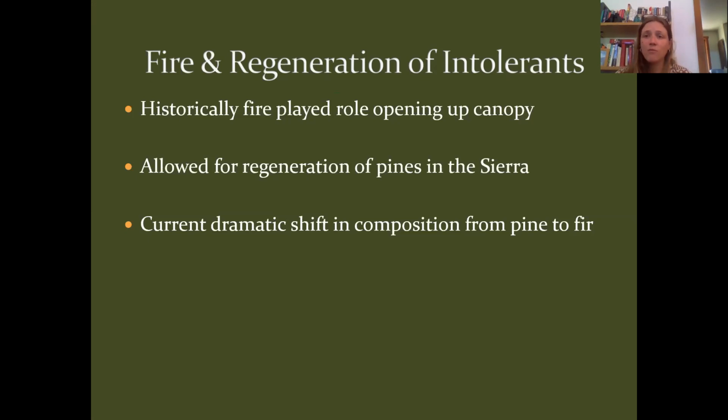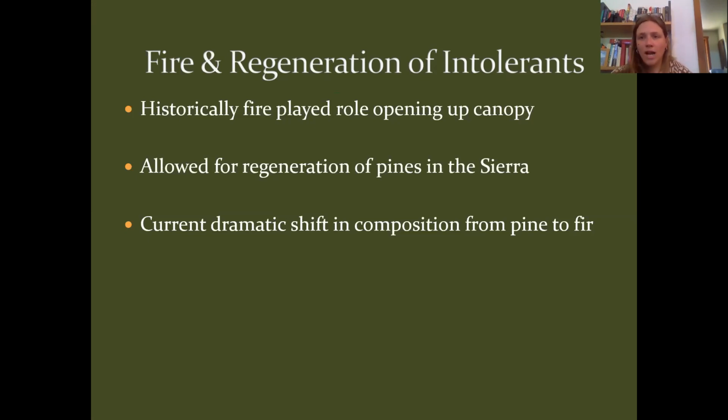So we're shifting the composition of the forest to make it a different type of forest than existed here 100 or 200 years ago. And then, of course, at the same time, as all these fir trees are growing in, and then we're not burning them or removing them in any way, we're just making the forest that's left behind much more flammable because there's a lot more fuel in the forest. And when fires do happen, we've all seen in the news in the last couple of years, they're getting really big, really fast, and creating lots of hazardous and sometimes tragic situations.